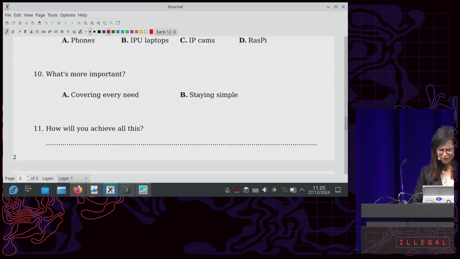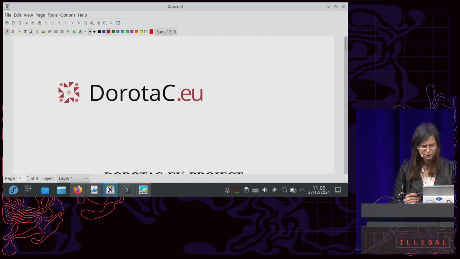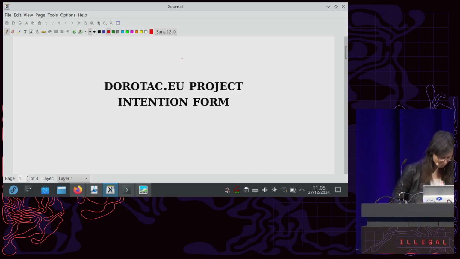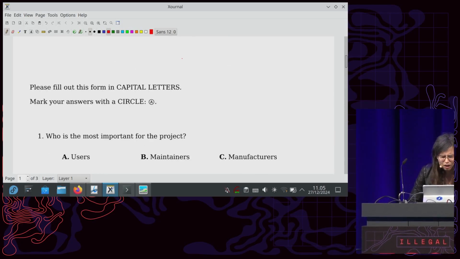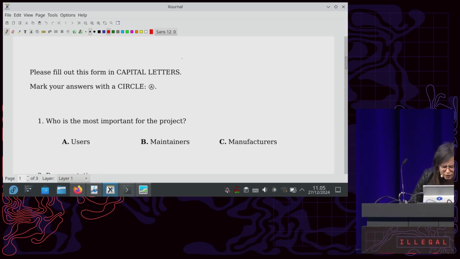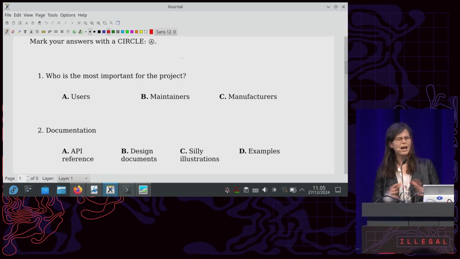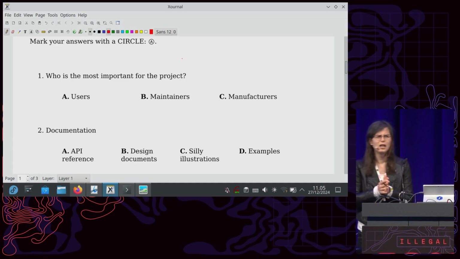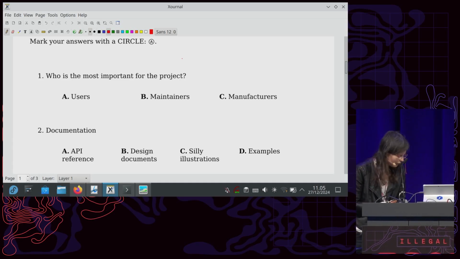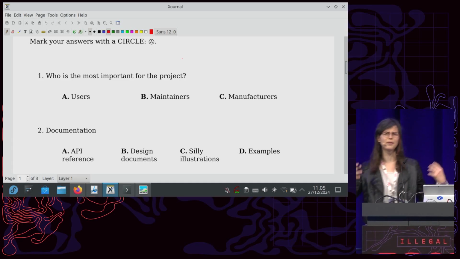So my perfect camera library would be, I have this amazing form right here. Please fill out in capital letters. Who is the most important for the project? I have a feeling that not every open source project is really focusing on the users. Like, we are developers.